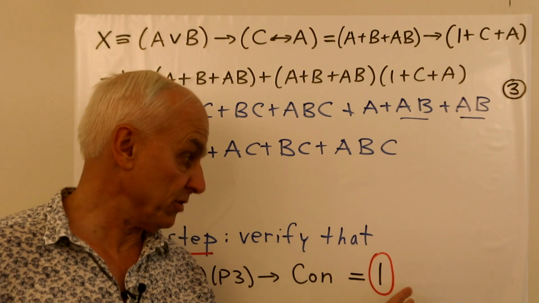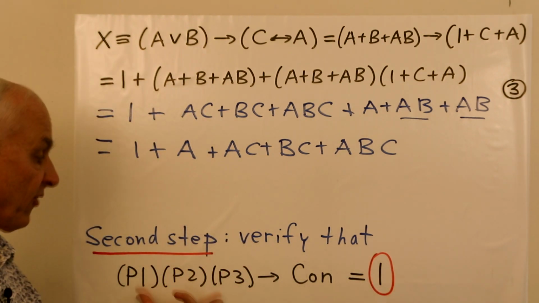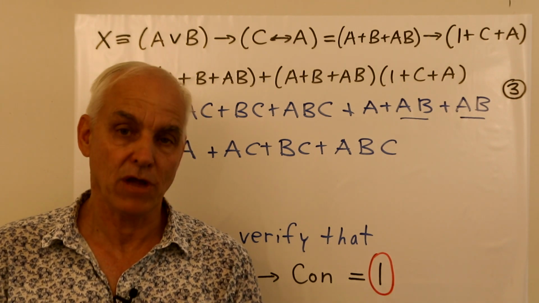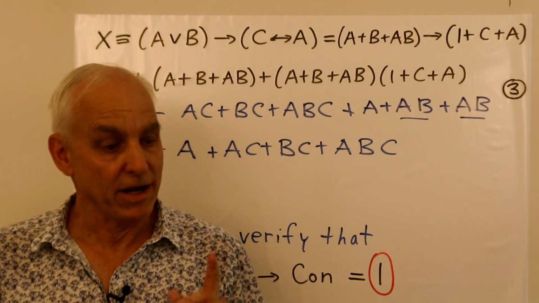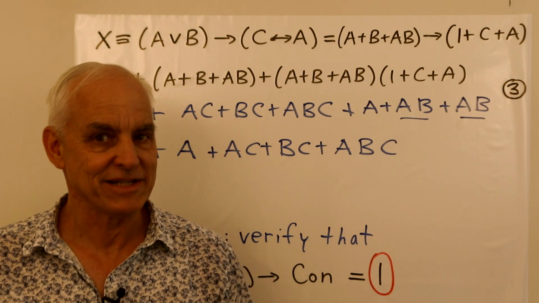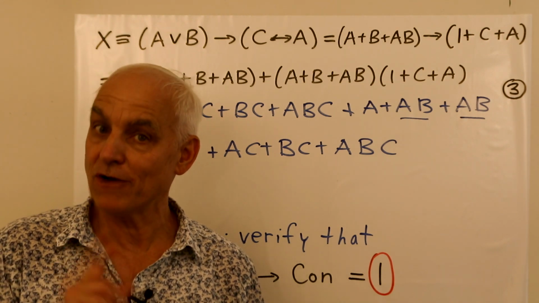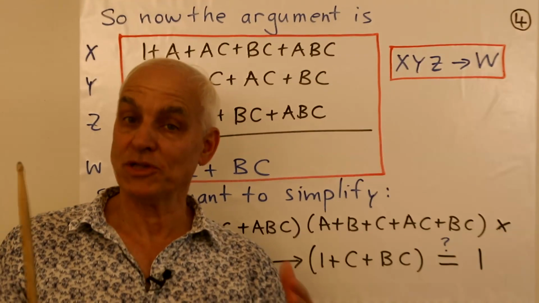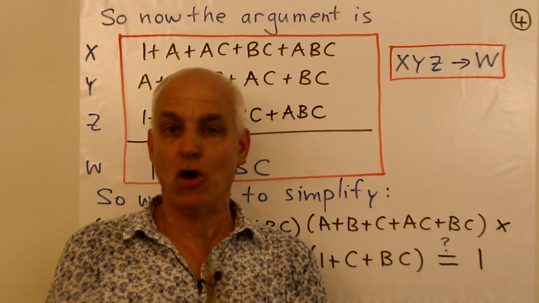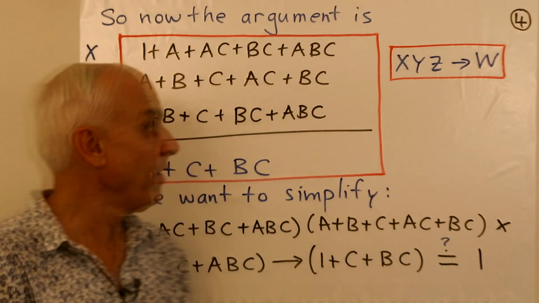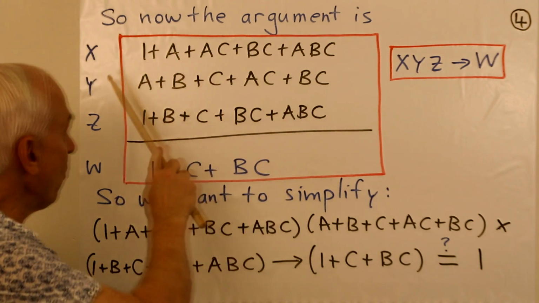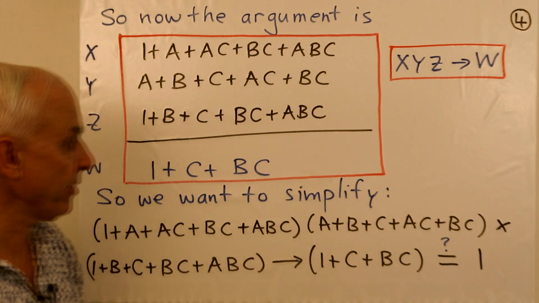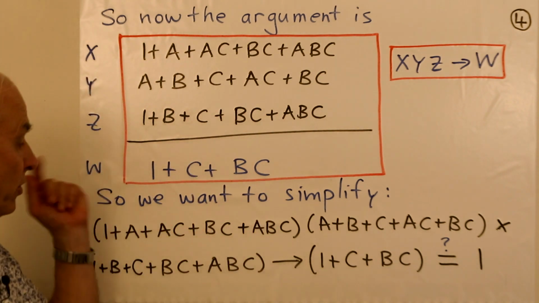If we are able to do this, we have shown that the premises really do imply the conclusion. And that's the outline. It's very conceptually simple. But in practice, maybe not so simple to actually do because there might be a fair amount of work involved. Let's have a look at how our example runs out. Suppose that we've managed to simplify all of our premises and our conclusion. So there's premise x, premise y, premise z, now all expressed in the algebra of Boole as a Boole polynumber. And here is our desired conclusion, which we're calling w.